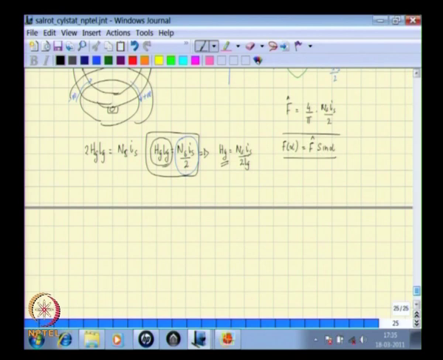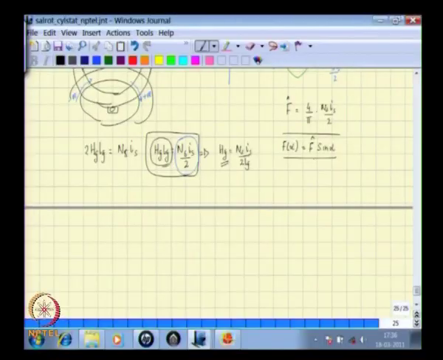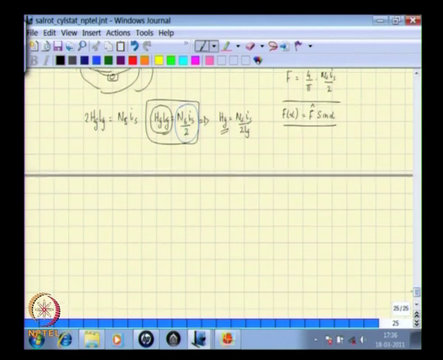And how much of this MMF acts along those two air gaps? We have seen that as the rotor rotates, the flux levels move along with the rotor, and one part of this MMF then acts along the low air gap area, another part acts along the high air gap area as the rotor moves. So, we then say that you resolve this